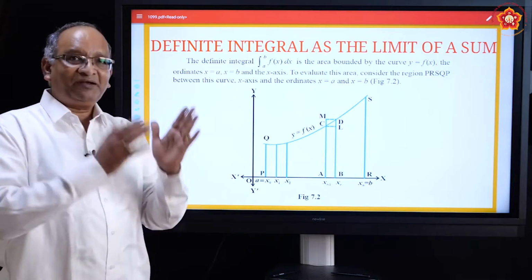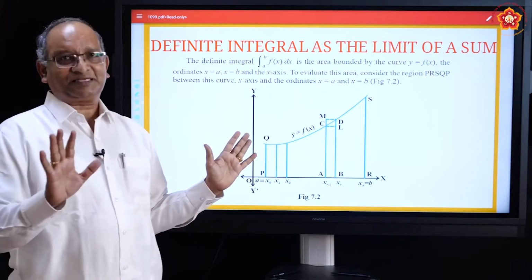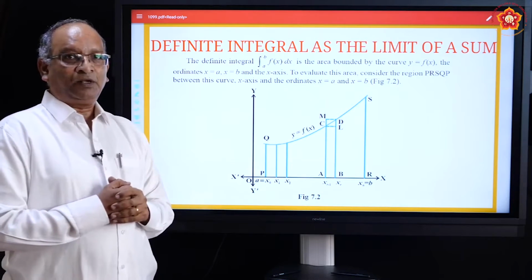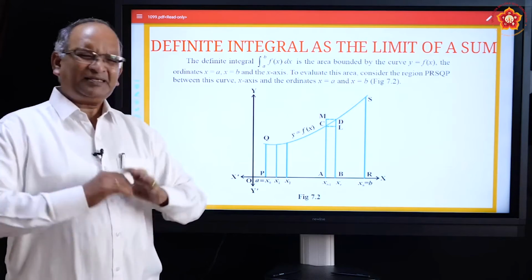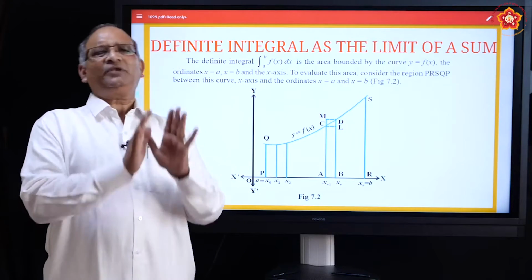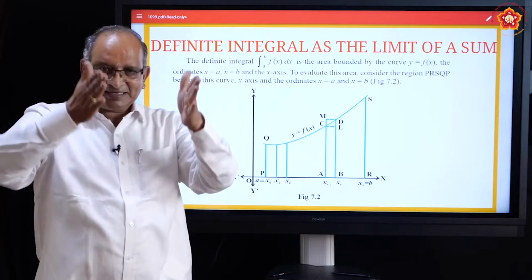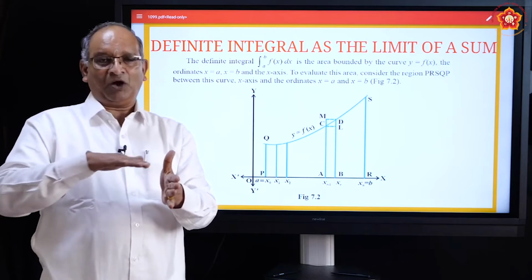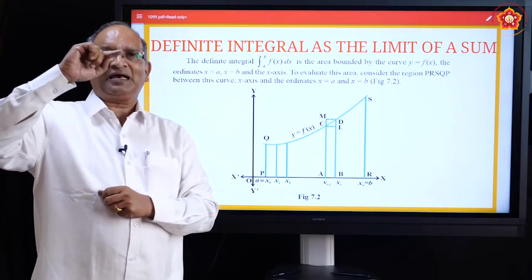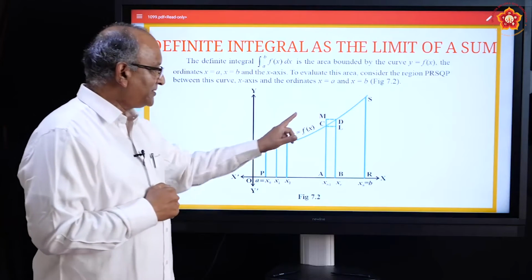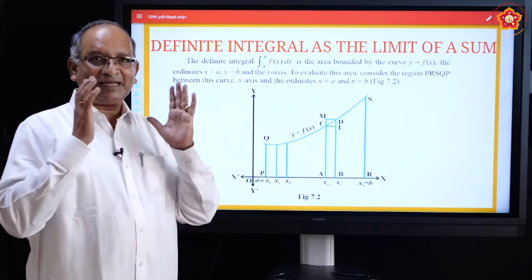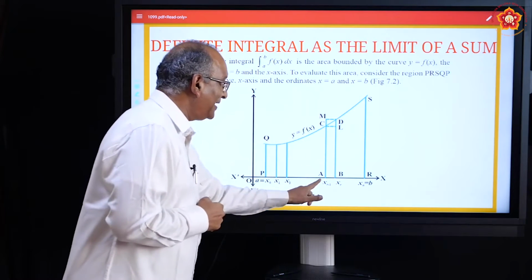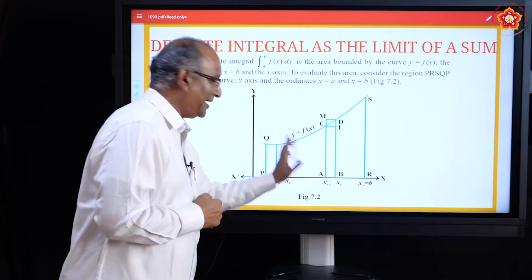So what did we do? We divided into various strips. We have not shown all the strips. We have just shown the first and second and one in between. Each strip, if you take, is not exactly a rectangle, but very close to a rectangle, we can say. Why? Because on either side you can see the vertical lines, and down is again a horizontal line. Only the top, because of the curve, is not exact. So we have chosen a particular one in between for clarity. So here the strip is A, B, D, C, A.